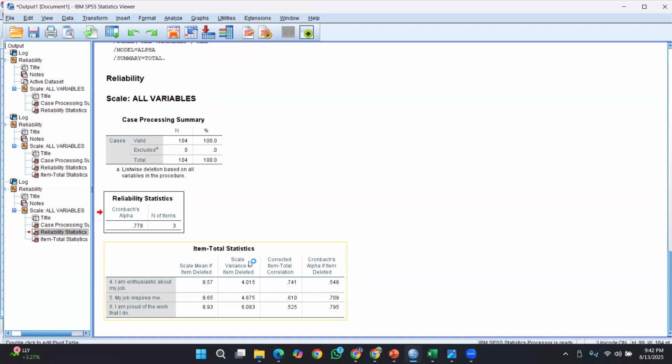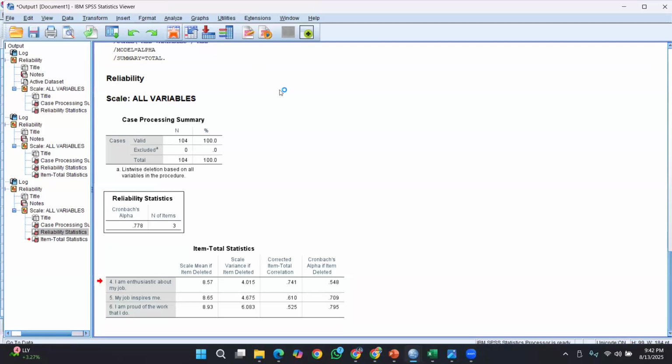So by extracting this data, you can report the internal consistency. Hope that part is clear.